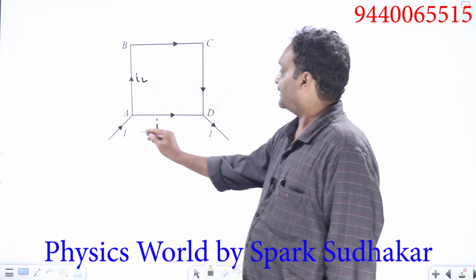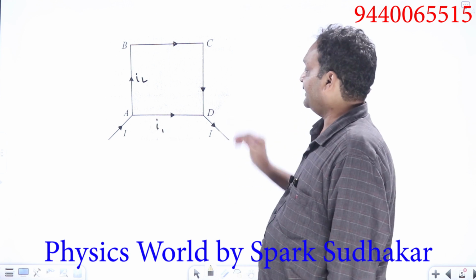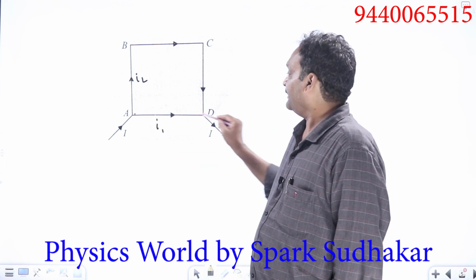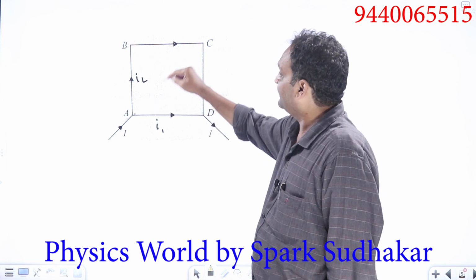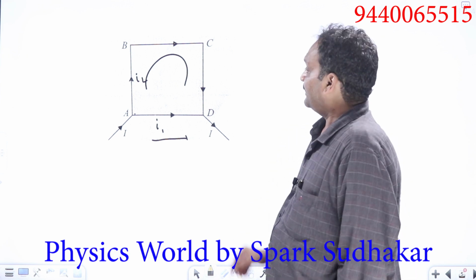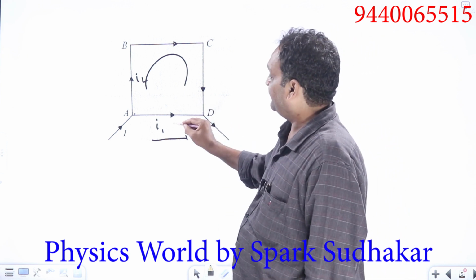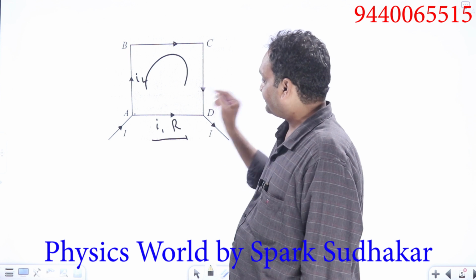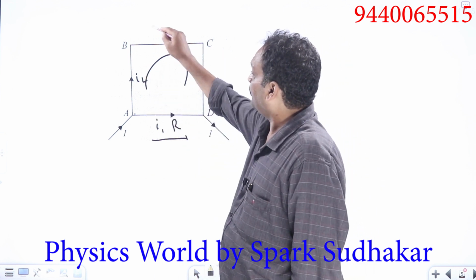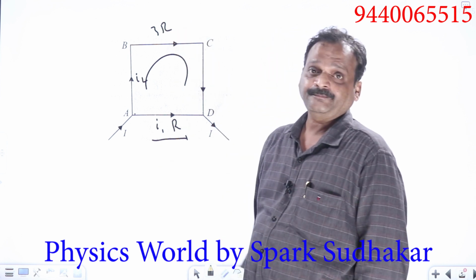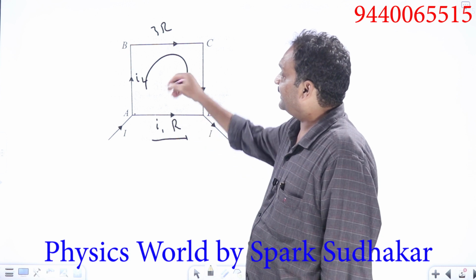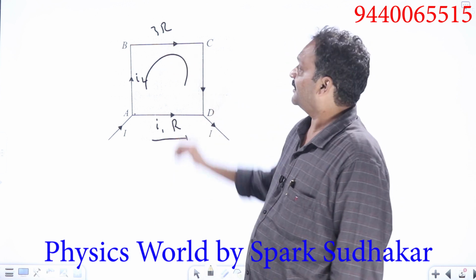Such that the potential drop between A and D, either you go like this or like this, will remain the same. So naturally, here we have only one segment R of some side length L. Here there are three segments, so the total resistance here will be 3R. Such that current I1 will be 3 times more than the current I2, because resistance is less,